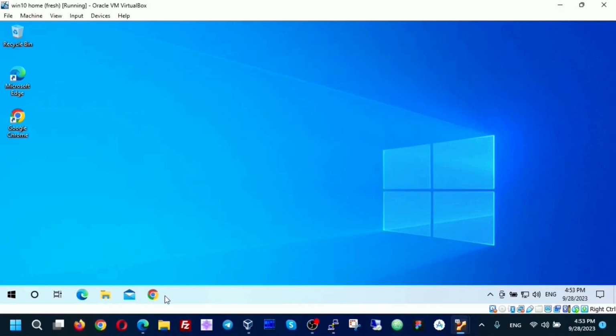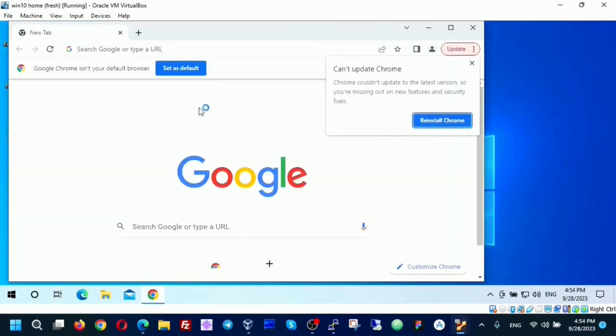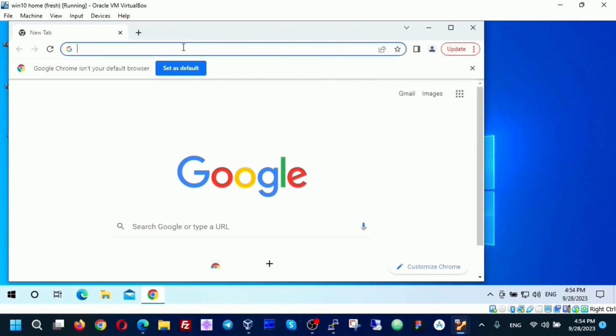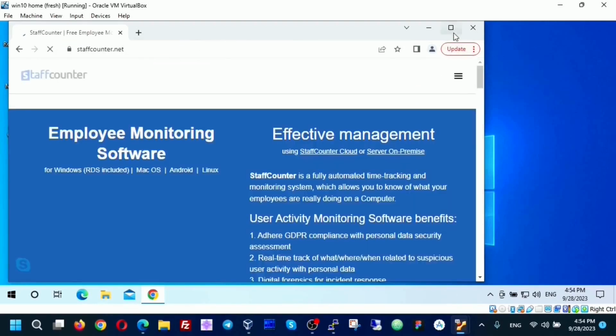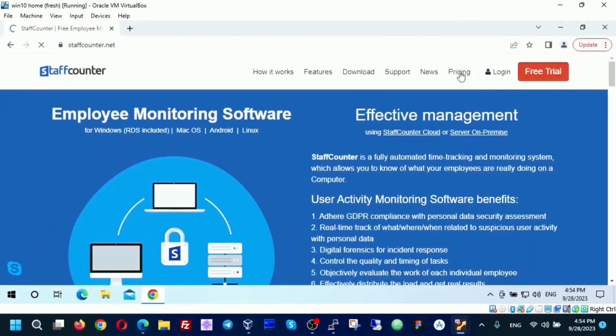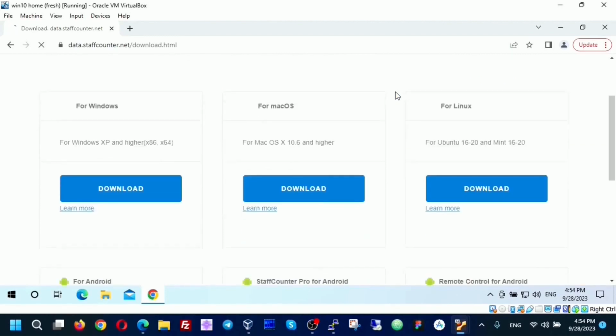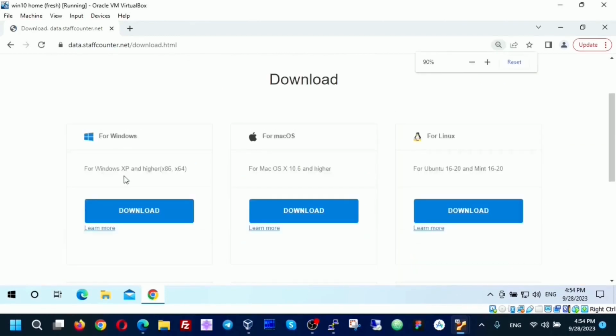Now we download the Staff Counter agent program from the Staff Counter website. Open the download page. Select the version for Windows, Download button.